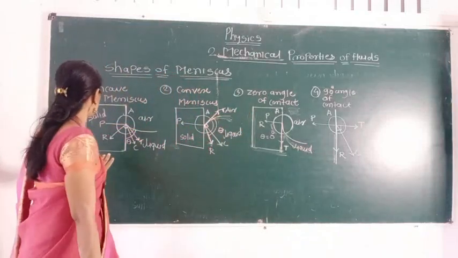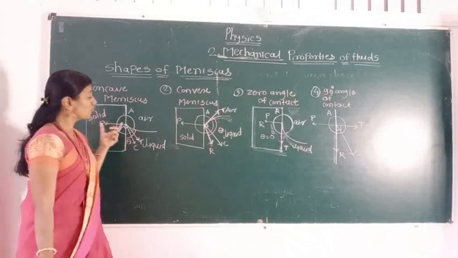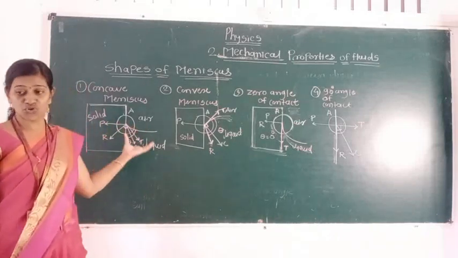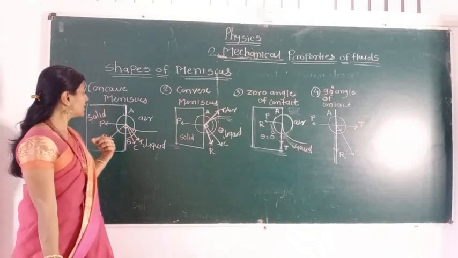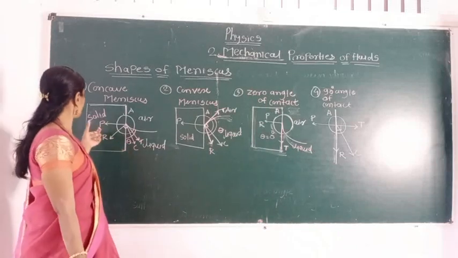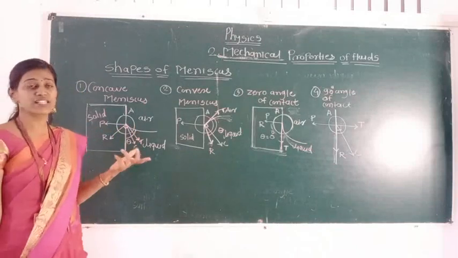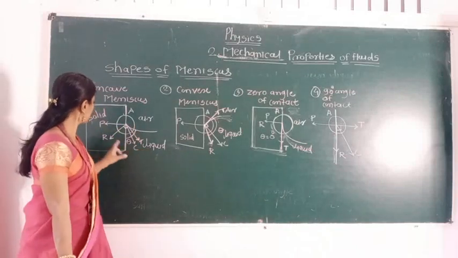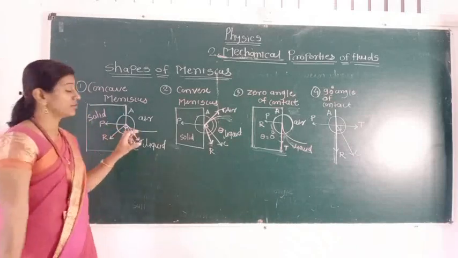Let me discuss the first diagram. See, in that diagram the concave meniscus is shown. Here an acute angle is formed in that concave meniscus. Here we have taken kerosene as a liquid and glass as a solid. That kerosene is present in that glass, so we can understand here. Okay, now here the sphere of influence of a single molecule is shown.